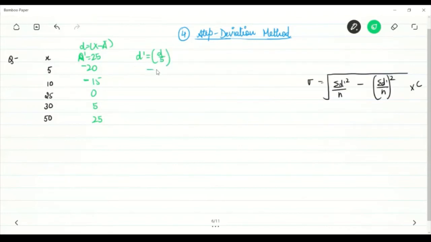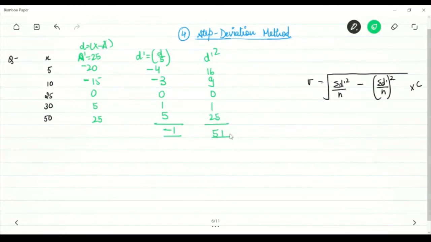When we do this, we get the answers minus 4, minus 3, 0, 1 and 5. We need the summation of d dash, and the value that we get is minus 1. We also need to square d dash, so the value after squaring all these values is